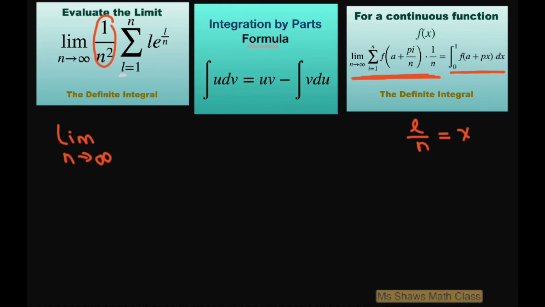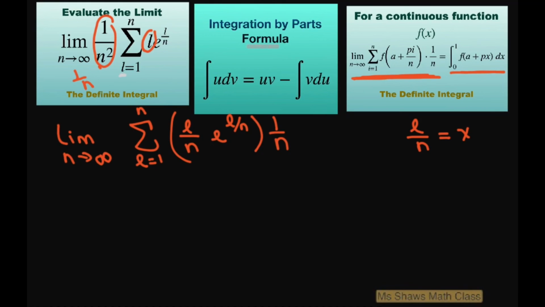So I'm going to write this as the sum from L equals 1 to n, and then we have L divided by n. I'm going to pull out a 1 over n later. Then we have e to the power of L divided by n,